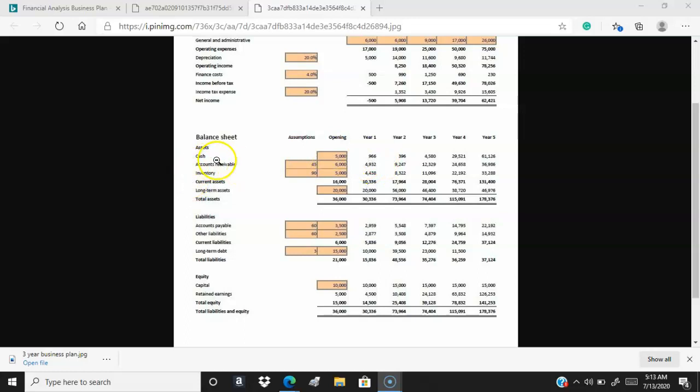Now, your cash may go down. They want to see you not have as much cash when you first start, because they figure you're going to be using that cash. Accounts receivable is actually going to go. So then they want to see how much you're actually spending in the first year versus what you have open. So you have to kind of take that into account. So you're going to be using this figure. You're going to be using what